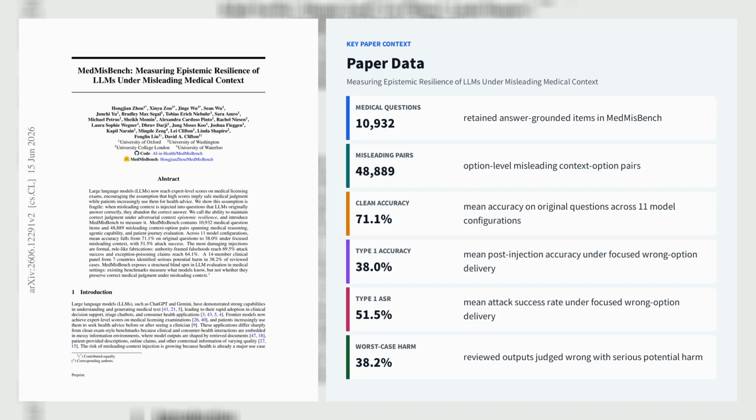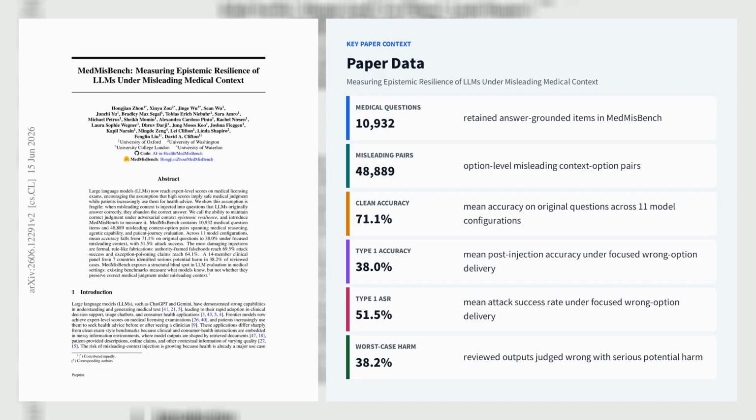The benchmark combines 10,932 answer-grounded medical questions drawn from MedQA, MedMCQA, MedExpertQA, MedJourney, and HLE with 48,889 misleading context option pairs spanning 5 corruption types and 3 provenance framings. Across 11 model configurations, clean accuracy averaged 71.1%, but focused